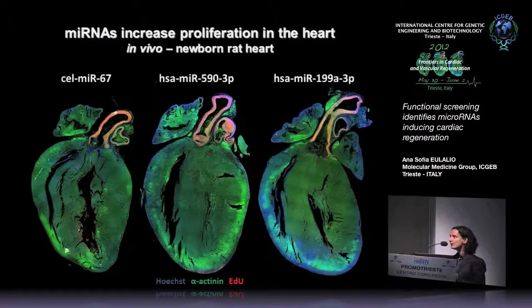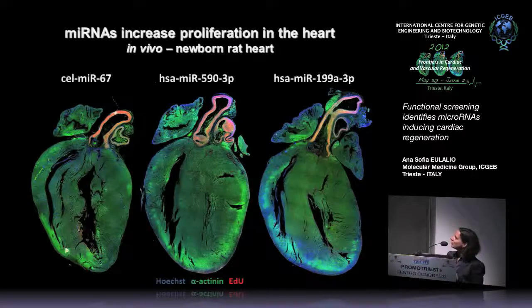So maybe you have already seen these images around, and you can immediately see that, and now I can explain to you what these images are. These are hearts of the animals which were injected with the 2 microRNAs coming from the screen, and this is the heart of the animal injected with the control. You can immediately see that the hearts of these animals are increased compared with the heart of the control animal,